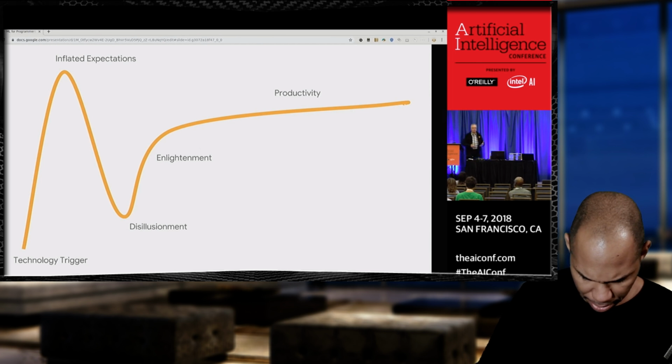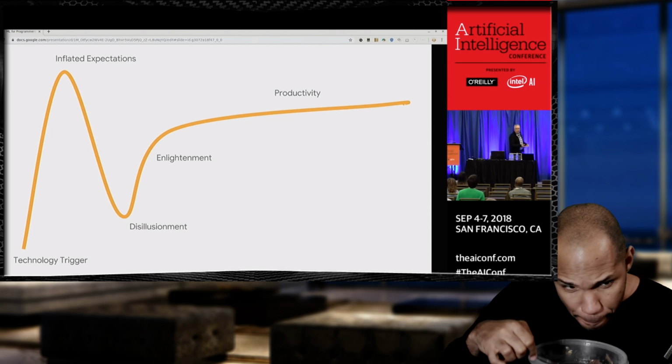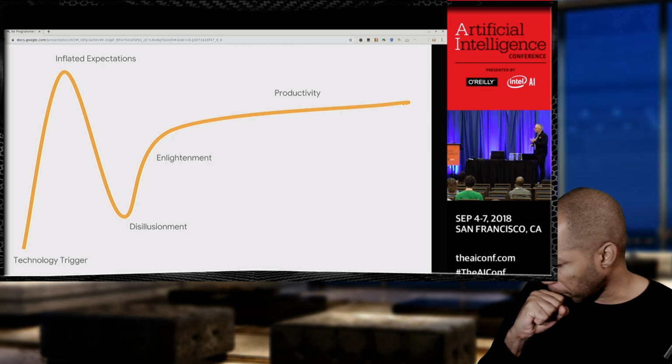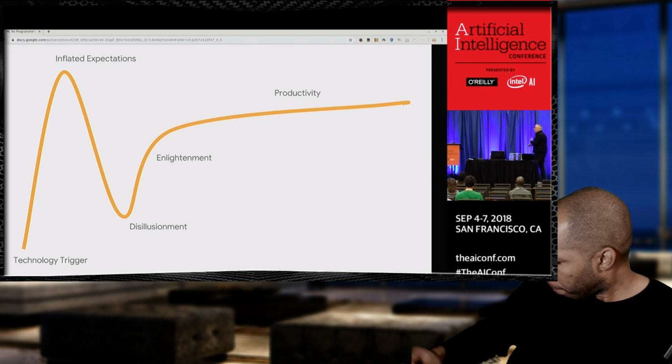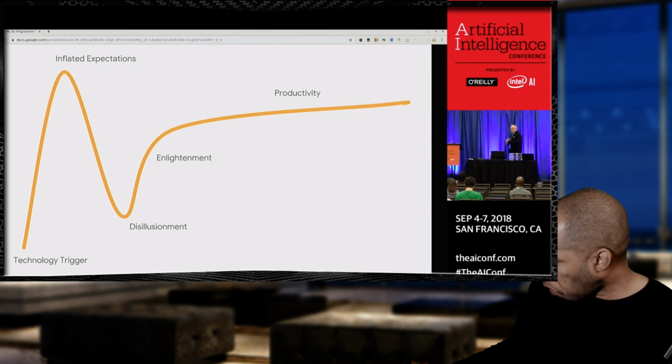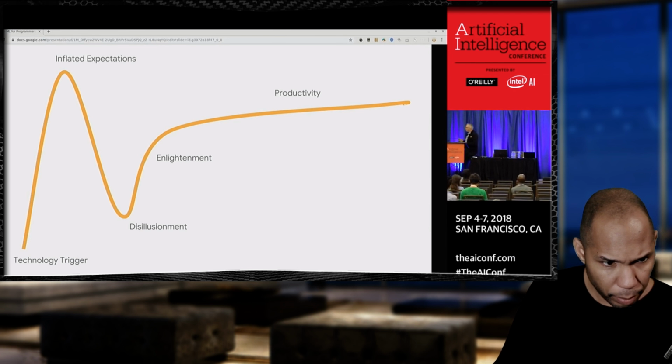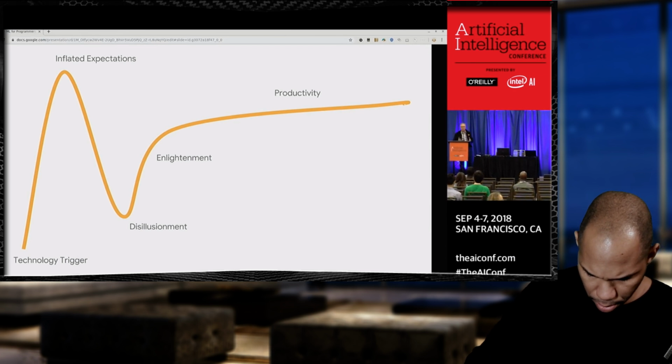And with the power of things such as TensorFlow that I'm going to show later, anybody with a laptop can start building neural networks, where in the past neural networks were reserved for the very best of universities. So that technological trigger that has rebooted the AI infrastructure has only happened in the last few years. And with any hype cycle, you end up with a peak of inflated expectations where everybody's thinking AI is going to be the be-all and end-all and will change the world and everything as we know it, before it falls into the trough of disillusionment, and then at some point we get enlightenment and then we head up into productivity.